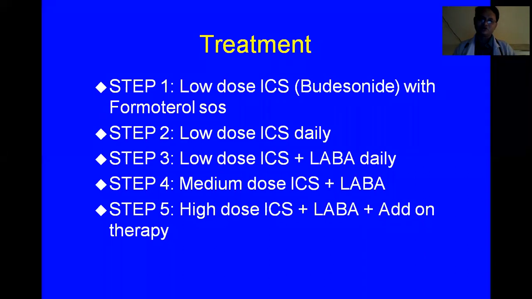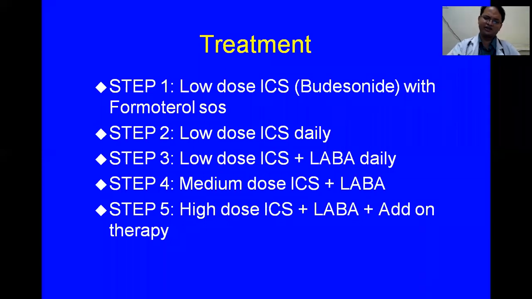If the budesonide dose is 200 to 400, it is known as low dose. If the dose of budesonide is between 400 to 800, it is medium dose. And if the dosage of budesonide is between 800 to 1600, then it is high dose inhaled corticosteroid. And in step 5, the high dose inhaled corticosteroid, which is combined with long-acting beta-agonists like formoterol, is also to